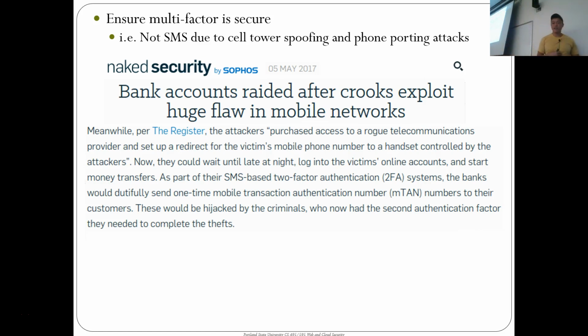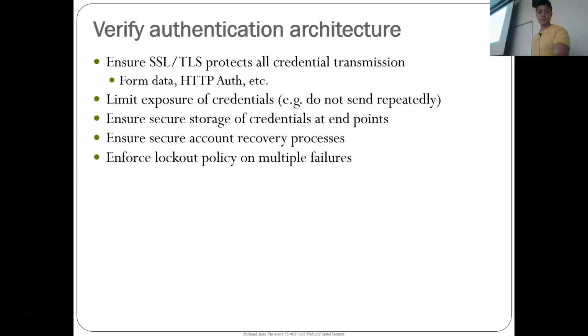And then if you're doing multi-factor, make sure it's secure. A lot of these banks had been using text messages as their second factor. And as it turns out, they weren't considering the fact that adversaries can spoof cell towers and do phone porting to hijack the phone number on that second factor. So there are accounts where, if you have a high-value target, you're going to go through those steps in order to hijack that second factor, and adversaries are doing that. So this is just an example of emptying a bank account using two-factor. Okay,